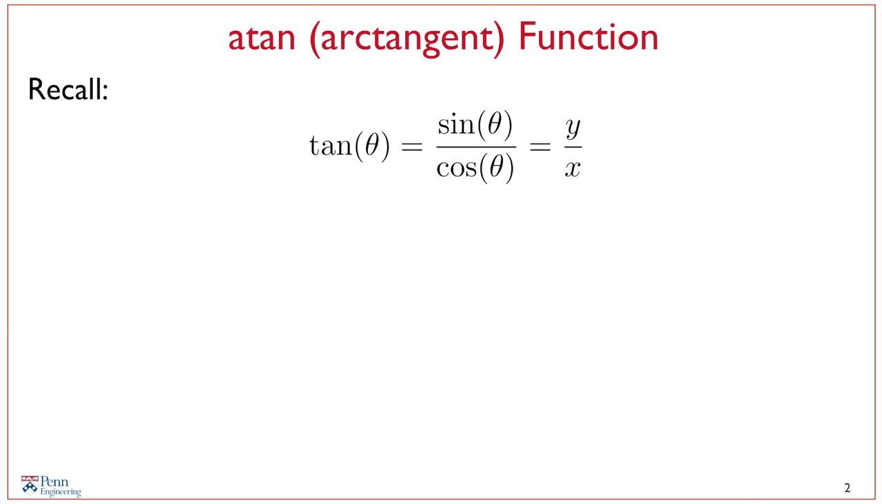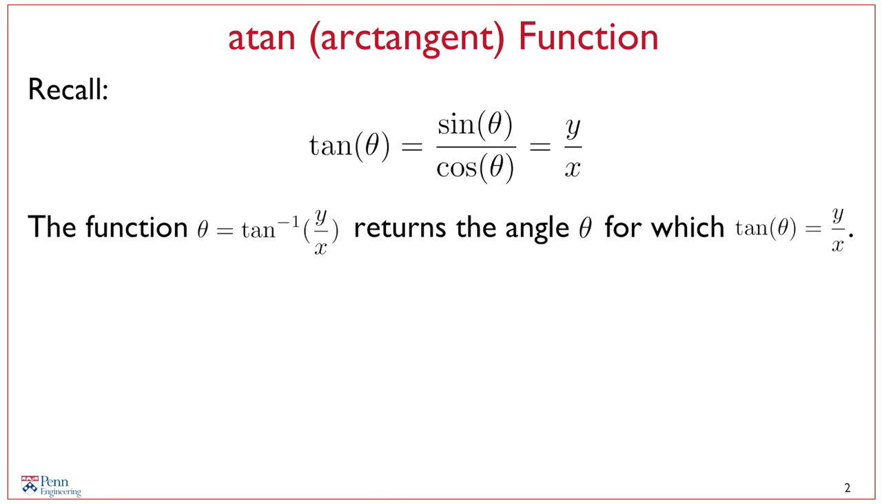Recall that the tangent of an angle theta is the ratio of sine theta over cosine theta. Let y equal the sine of theta and x equal the cosine of theta. The inverse tangent function takes the scalar ratio y over x and returns the angle theta for which tan theta